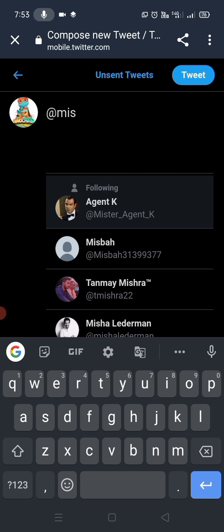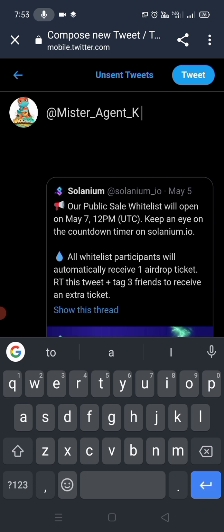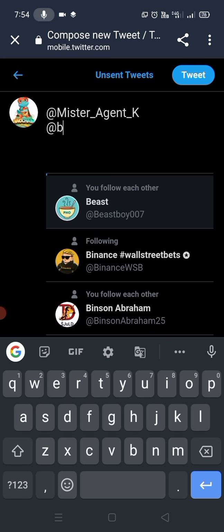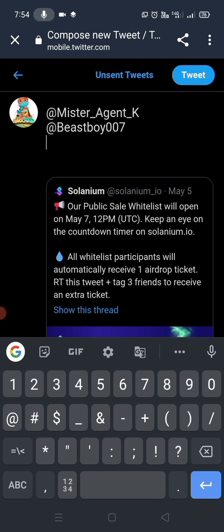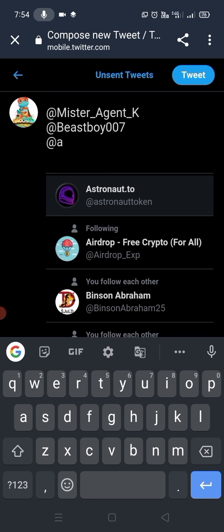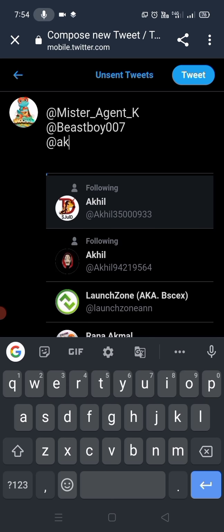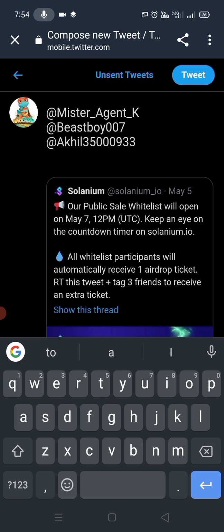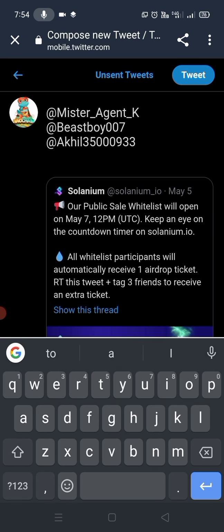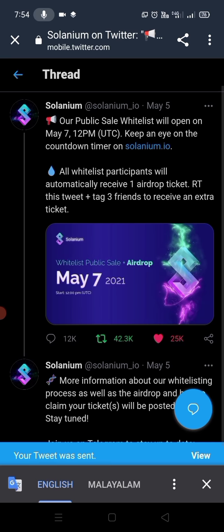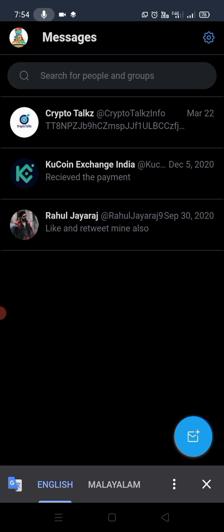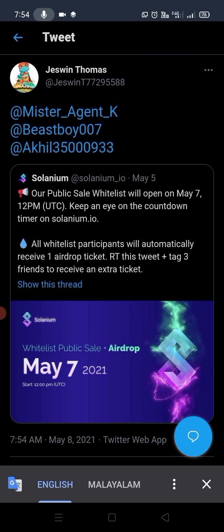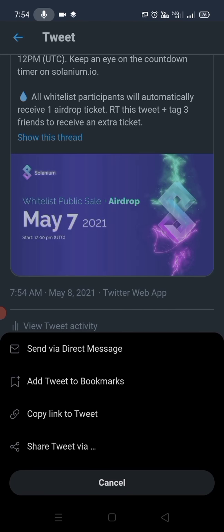Tag any three of your Twitter followers, and post the tweet. Click on the view button in the bottom section. Just copy the link to the tweet.